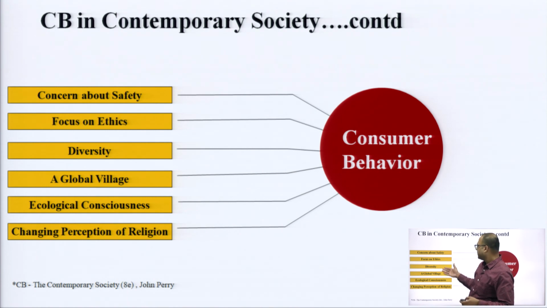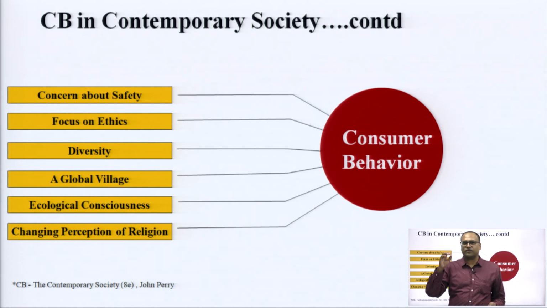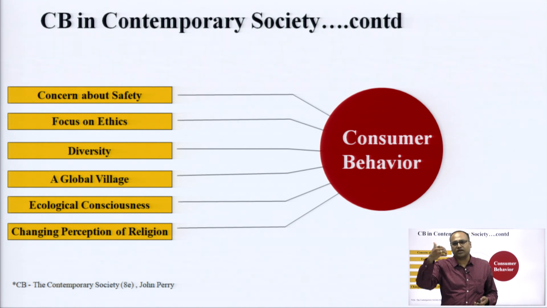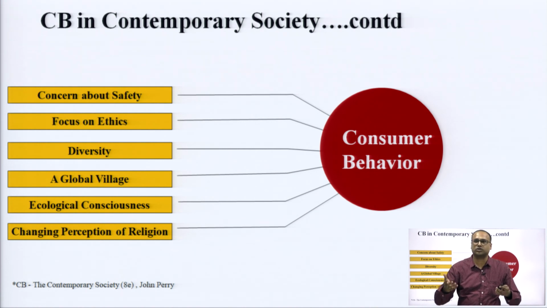Now, if we go further, there are diversity, global village, ecological consciousness and change in perception of religion. All these parts relate to each other. Let me refer to the global village. I am here, and I am interested in what is happening in South Africa. There is an event in South Africa which caters to Brazil, and in Brazil they are having a kind of social event which looks after elephants. So, I am here, the elephants are there, it is telecast somewhere else and broadcast to me here. So, there is a big global village which connects me to everyone.